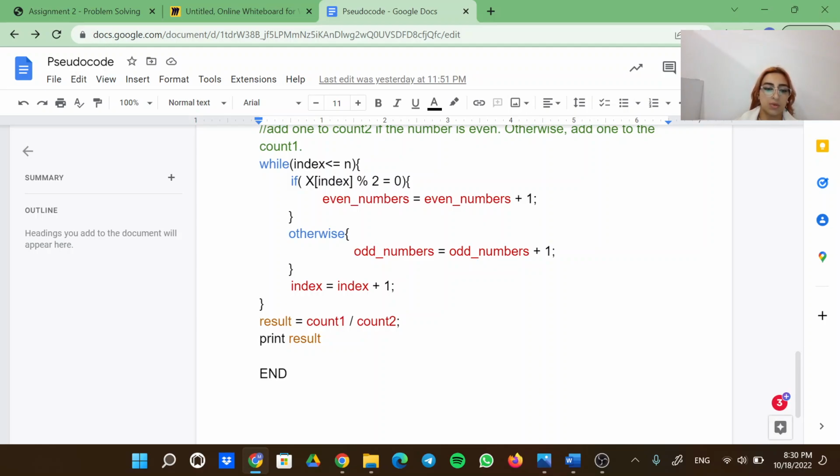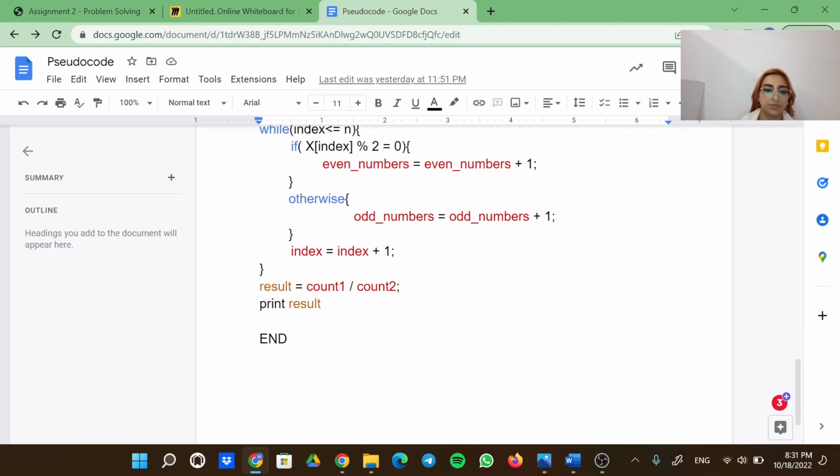Index is index +1, so the loop will not go on forever. So index changes, the loop comes here, the index changes, when it comes to the end, it ends and comes to the result, count 1 and count 2, print result, and